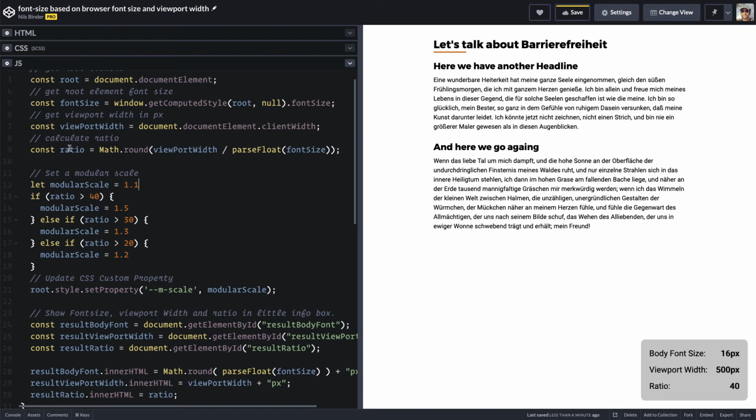And now I'm coming back to this ratio, checking: is it above 40? If it is, I can set my modular scale to 1.5. If it's only above 30, I set it to 1.3. And if it's above 20, I set my modular scale to 1.2. If none of these apply, my modular scale is left at 1.1. And finally, I'm updating my custom property here, setting the custom property modular scale to the variable modular scale I